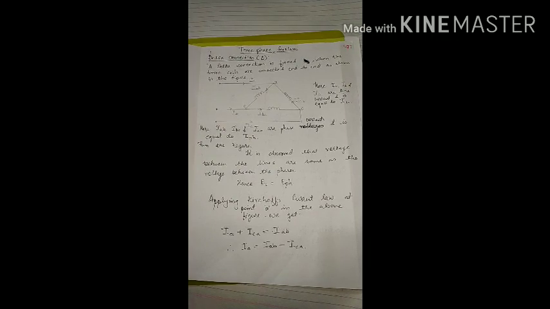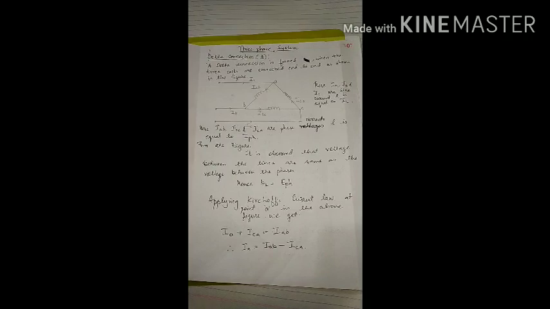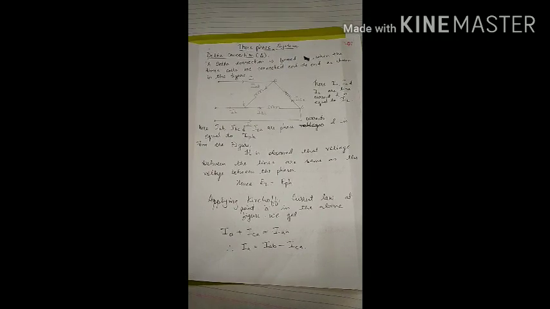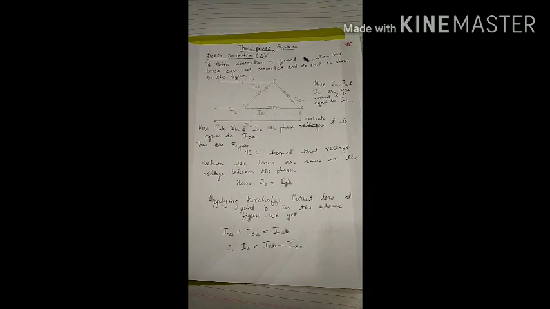In the previous session we had discussed the three-phase connections. There are two types of connections in a three-phase circuit. One is star connection and the second one is delta connection. In star connection there are four wires. It means it has three phase wires and one neutral wire. Whereas in case of delta connection there are only three wires for distribution and all the three wires are phase. There is no neutral wire present in the delta connection.